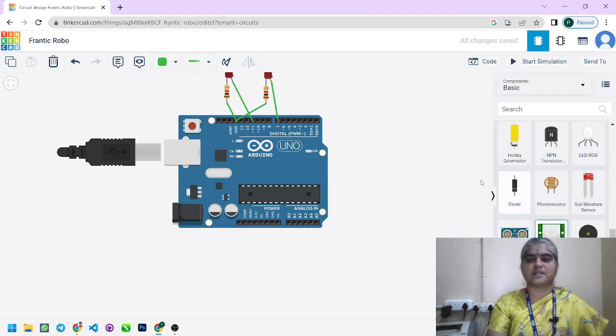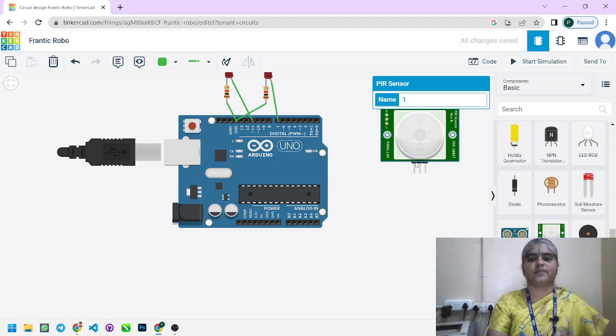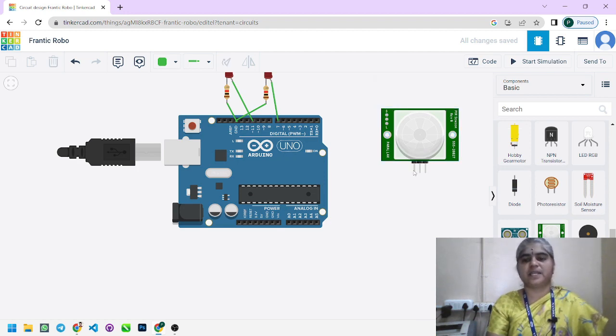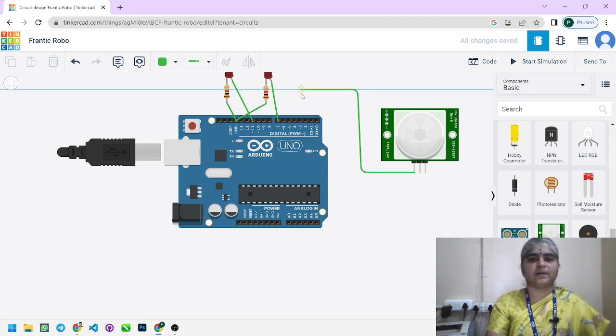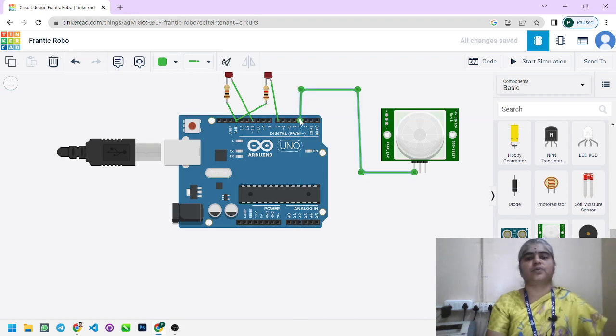The PIR sensor is available in this components area. We just place it here. The PIR sensor consists of 3 pins. One pin is the signal pin, the second pin is power, and the third pin is ground. The signal pin is connected with a digital input of our Arduino board. So here I use pin number 3, and the second terminal is power, which is connected with